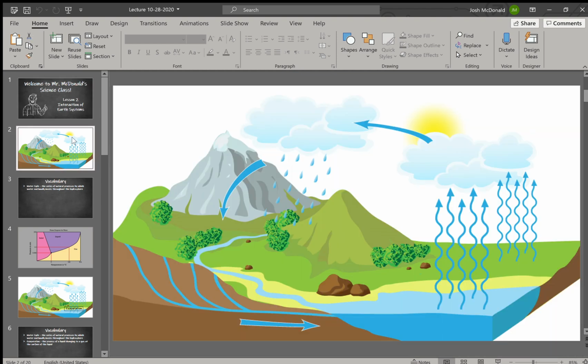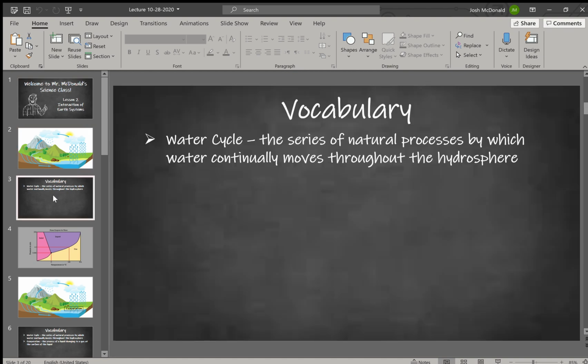So all of this water within the hydrosphere, what does it do? How does it move? How does it get from one place to the other? And so, water cycle, here's the definition, is the series of natural processes by which water continually moves throughout the hydrosphere. So, we're going to look at some of these processes, some of these movements, and we're going to refer